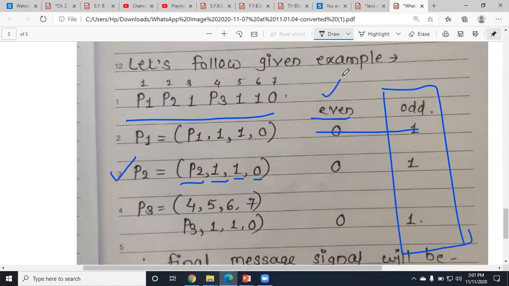Now again I have to generate the even parity. What should be the value of P2 here? 0. Correct. Again the same reason, because there are already two 1s present. If I add one more 1 here, the number of ones will be 3, and I don't want that. So I will put P2 equal to 0, so that the number of ones will be 2, which is an even number, and the entire thing belongs to even parity. The value of P2 will be 0. Okay, is everyone clear?